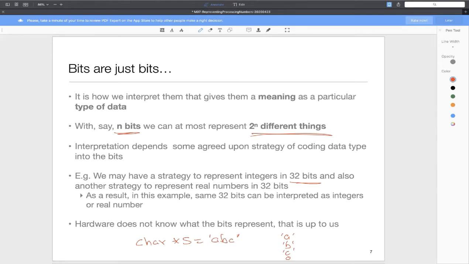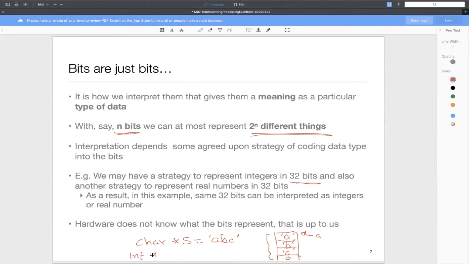Right, the null character. But I can, so S is the string. And so somewhere in memory, it's stored like this, right? If I look at memory in terms of bytes. And let's say this memory location has some particular address, let's say A. Okay, so I can say, I can force the computer to think of these 4 bytes as an integer. So what I can do is I can say int,